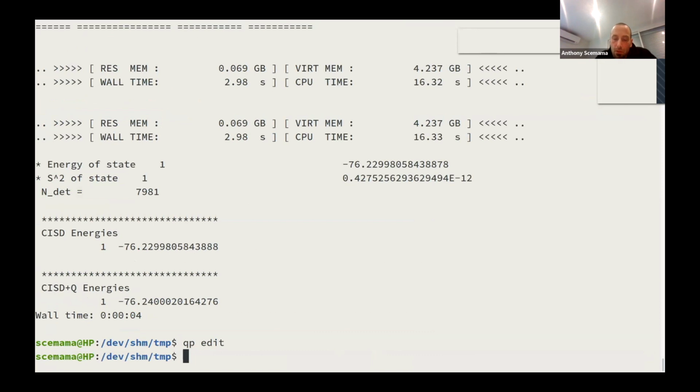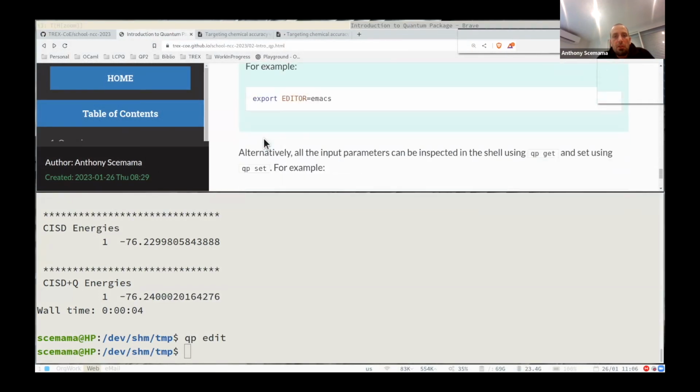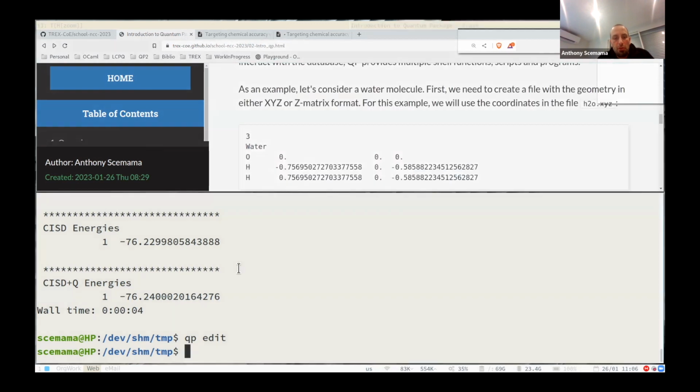And when we do QMC calculations, what we will do is export the wave function calculated with Quantum Package into a file that we'll call a TREX-IO file, and CHAMP will use this TREX-IO file, extract the data it needs from it, and prepare everything for CHAMP. Okay, so that was the short introduction to Quantum Package.